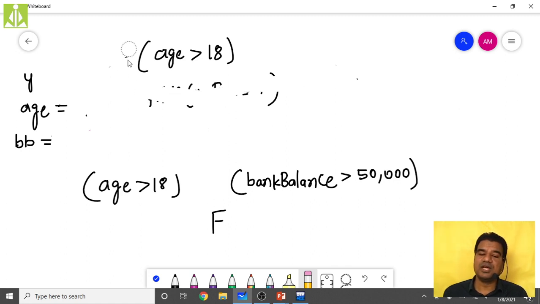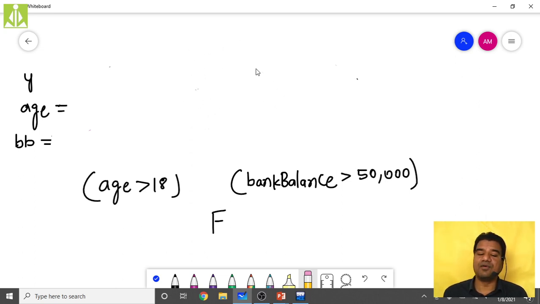If any of the two conditions. So let us say the government imposed a rule that either the person should be greater than 18 or he should have a bank balance of 50,000, then allow him. That is our condition. Either the person should have age more than 18 years or he should have bank balance of more than 50,000. Then allow him. The government said in that way. Unlike previously, when the government imposed a strict rule: the person should have both the things, then only allow him.